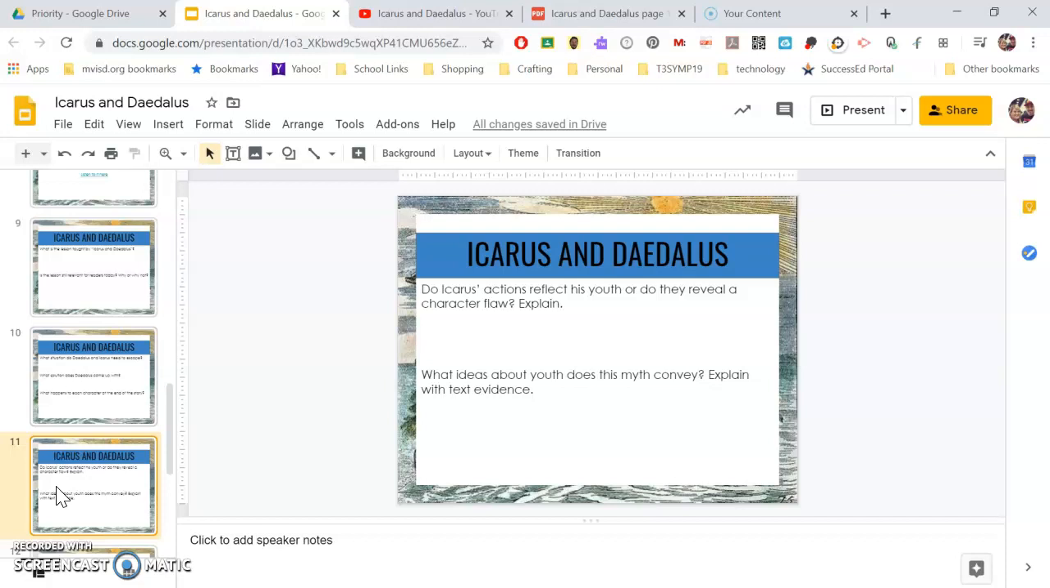So, do Icarus's actions reflect his youth, or do they reveal a character flaw? So, is this something that happened because he's young and didn't know better? Or is it something in his character that made him do what happens? What ideas about youth does this myth convey? Explain with text evidence. So make sure you're using your text evidence, because it says it right there. So give me your answer and then say, as it says in the text on line 32,